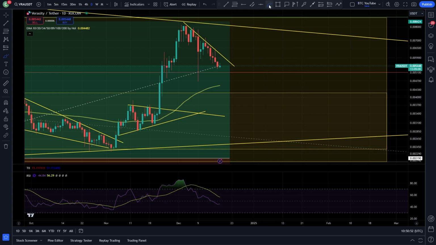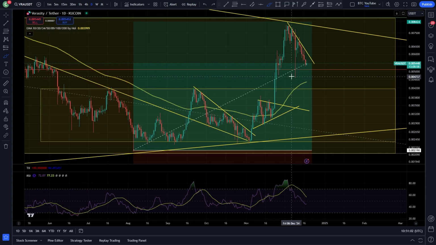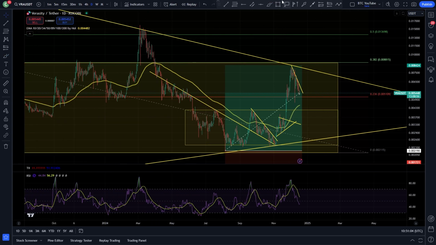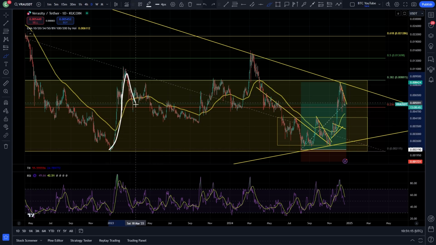Over the past week or so, just retracing from that swing high up here at 1/8 of a cent, going back down towards that 1/2 a cent level, that 0.005 level at the 0.23, a big area of resistance and support. You can see this previous level here has been tested so many times. This 0.23 was a big area of support and resistance all the way through this bear market period. We obviously took it here,